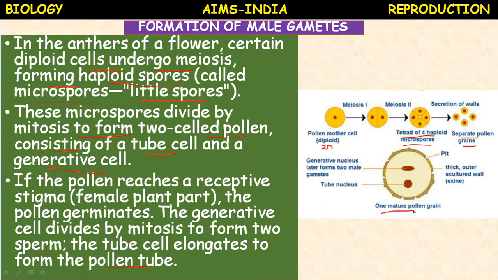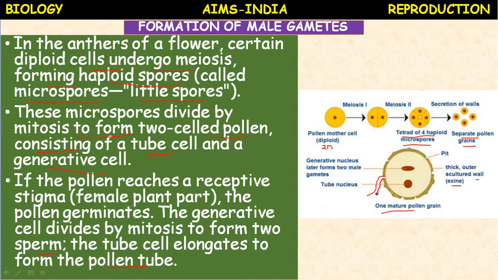If you take one mature pollen grain, the structure consists of two walls, exine and intine. Exine is the outer wall, which is thick and sculptured, whereas intine is the inner wall. It is thin and elastic. It emerges out as the pollen tube from the germ pores during germination. During germination, this intine only develops into the pollen tube like this.